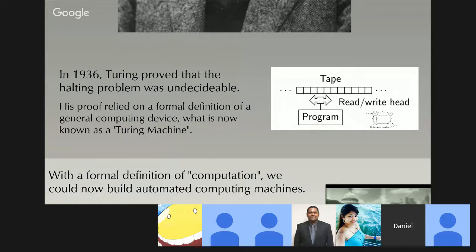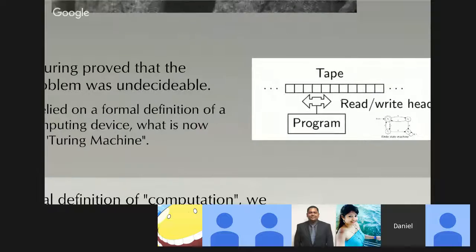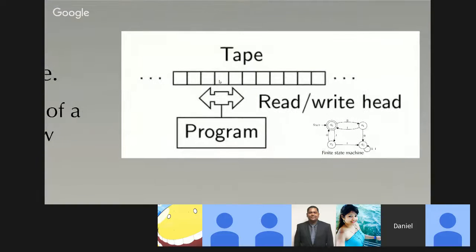This is a little representation of the Turing machine. It's not a real system. It doesn't actually exist. It's just a little formal tool for thinking about computation in a very general sense. The Turing machine consists of a tape that's like memory with a bunch of cells, and in each of these cells you can write a 1 or a 0, and the tape extends infinitely in both directions. Right, so you can't actually build something that's infinite in both directions. So it's just a hypothetical tape.